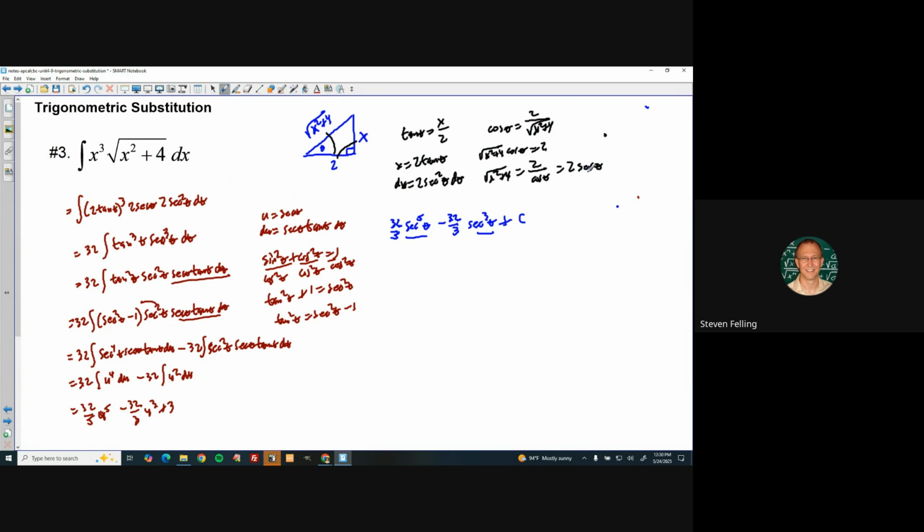But right here, I've got that 2 secant of theta is that. So that means that secant of theta is just the radical x squared plus 4 over 2. So I can replace each of those with the radical x squared plus 4 over 2, and then that one has to be to the 5th power. 32 over 3 times the radical x squared plus 4 over 2 to the 3rd power plus c,